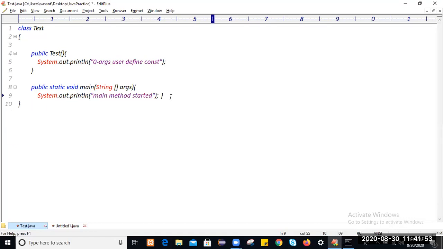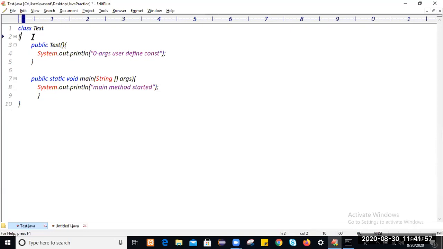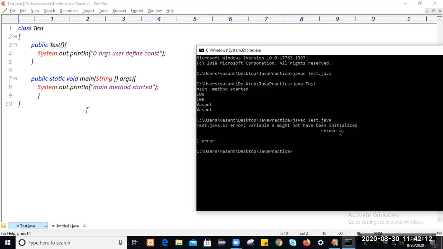For this application, what is the output? Can you please tell me? This is the logic we have written, dummy logic within the constructor. And as we know, constructor logic execution depends on object creation. Did we create any object within this class? No, we didn't.